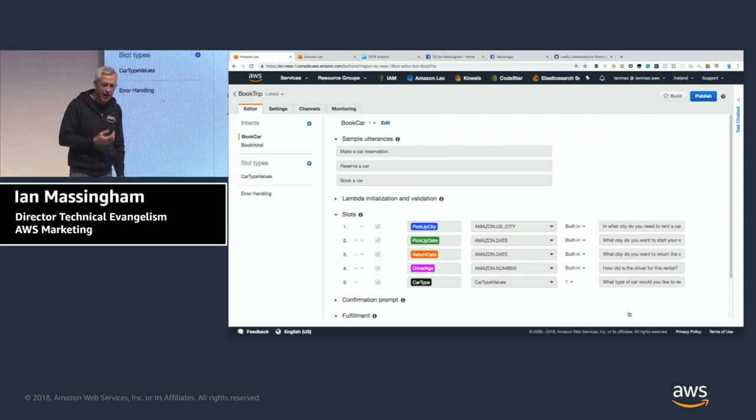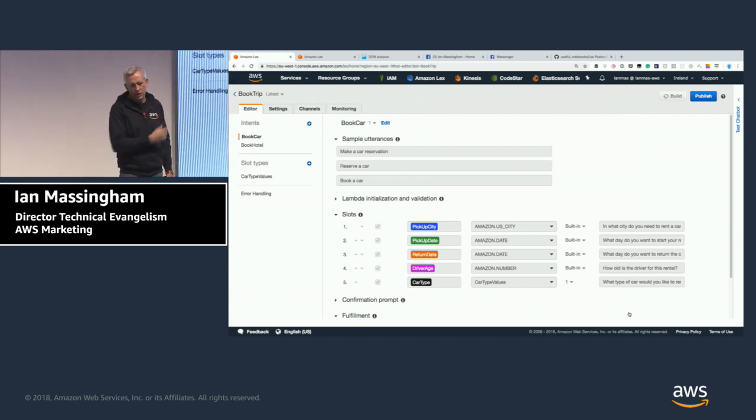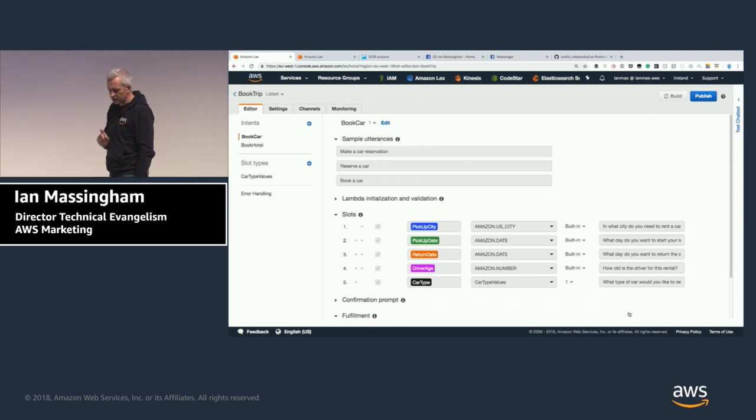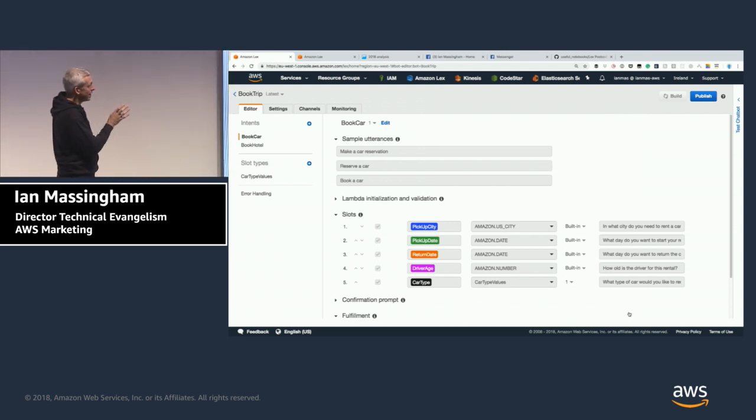Okay, so I'm not at this stage connecting a channel to this conversational bot. I'm establishing it for test purposes directly within the AWS console. There's another step that I need to go through in order to make this bot available on, say, a social network. But at this stage, it gives me the ability to test and experiment with the language model and demonstrate a few more features of the developer experience for you.